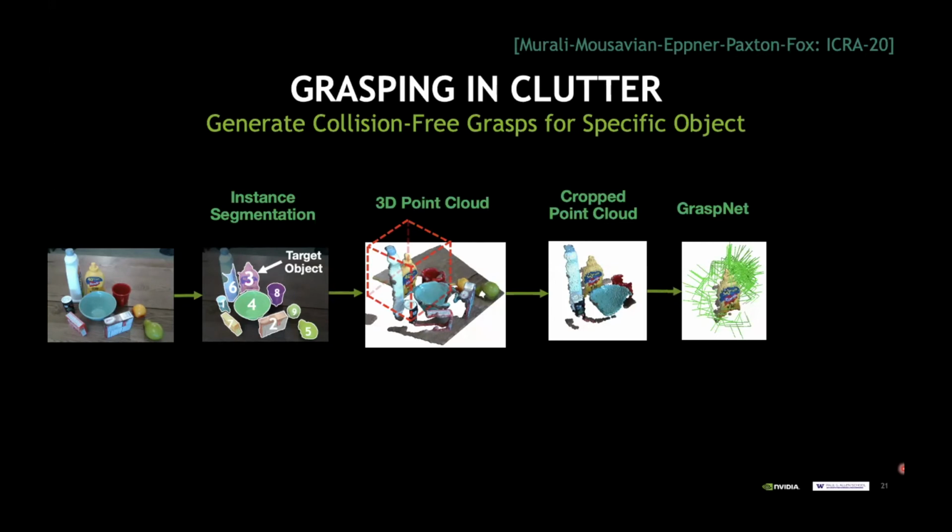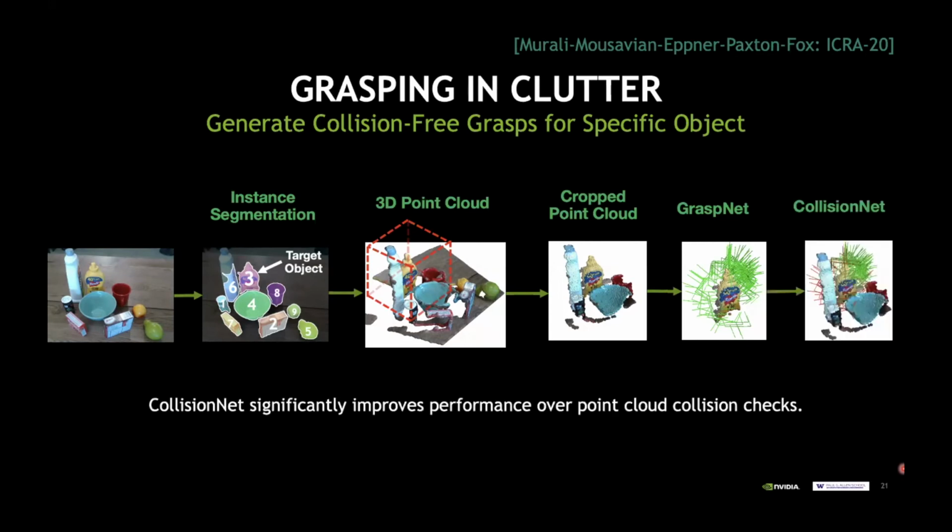These grasps do not consider collisions with other objects. So we now can train an additional network, which we call CollisionNet, that looks at these grasps in the scene and eliminates those that are in collision with other objects. Now you might say, that's certainly not a smart idea because you could just do collision checking, but it turns out that by training a network to do the collision checking, the system becomes much more robust because it can actually predict collisions with occluded parts of the scene for which you do not have point cloud data, and therefore a typical collision checker wouldn't even find these collisions, okay?